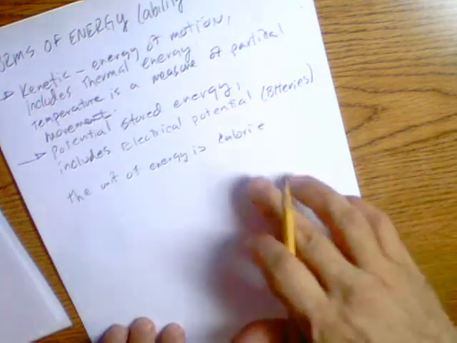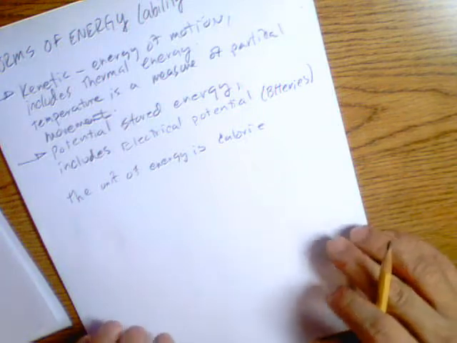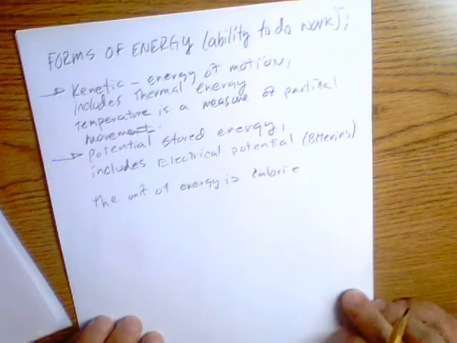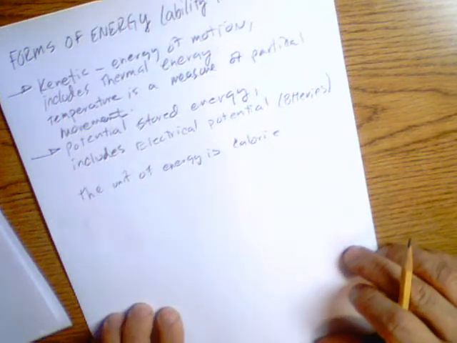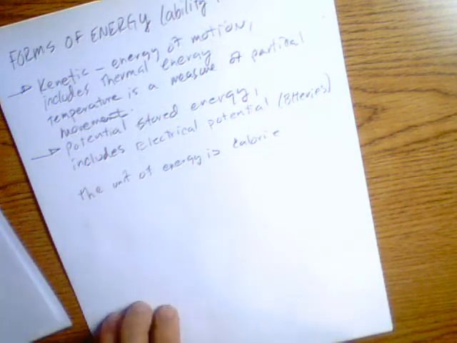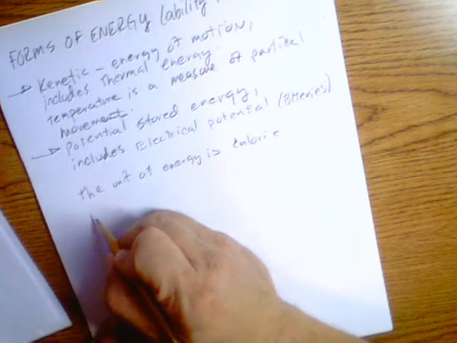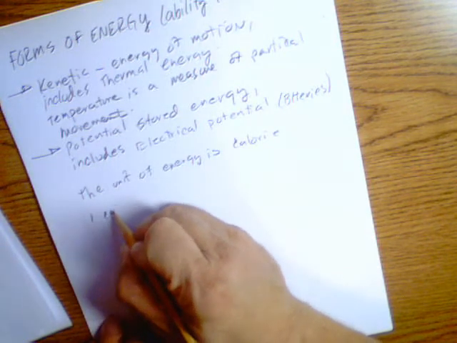The unit of energy is called the calorie. A kilocalorie, of course, is 1,000 calories. That's what we use when we're talking about food, kilocalories with a capital C. But in the lab, we'll usually just be talking about a calorie. But 1 calorie, not kilo, but just 1 calorie,